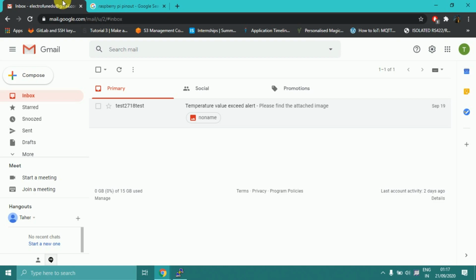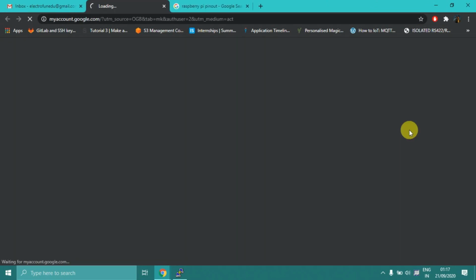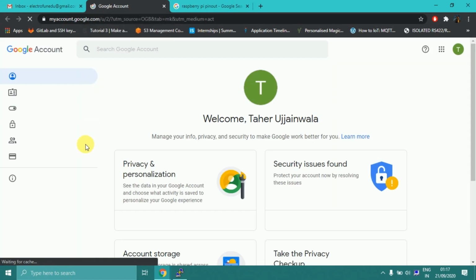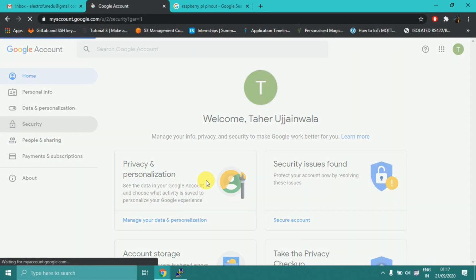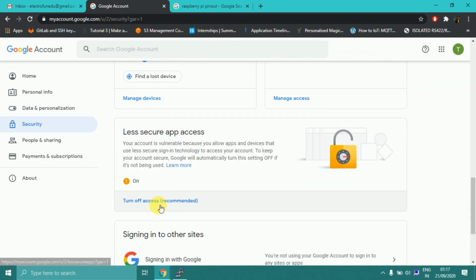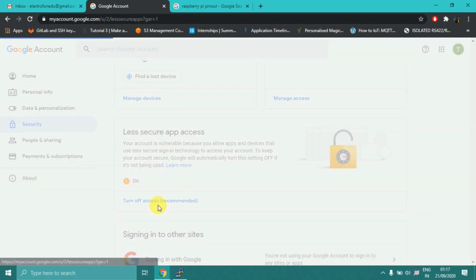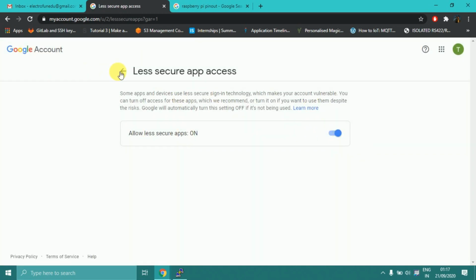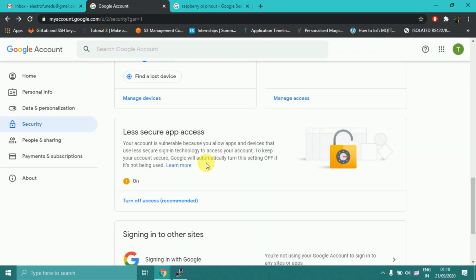So first you need to go to your settings, go to security, and give the access to less secure apps, where I have given the access over here. This will allow you to send the data from any Python script to your Gmail.